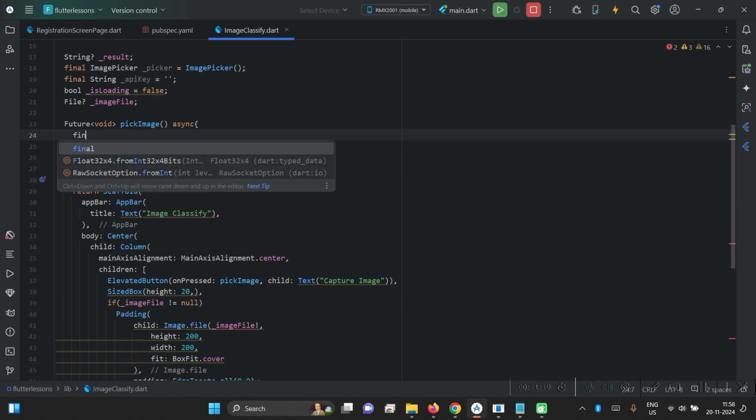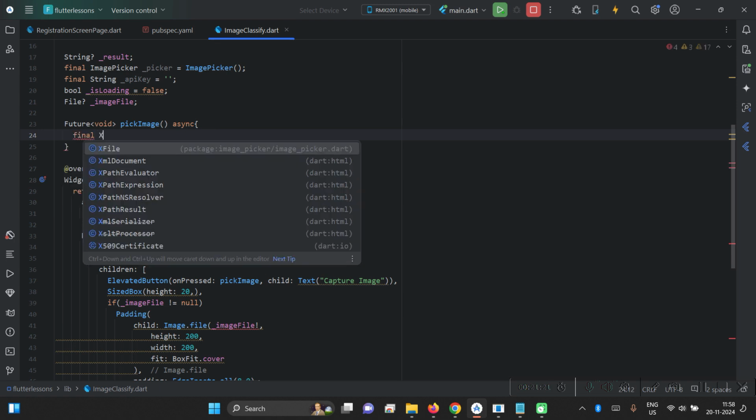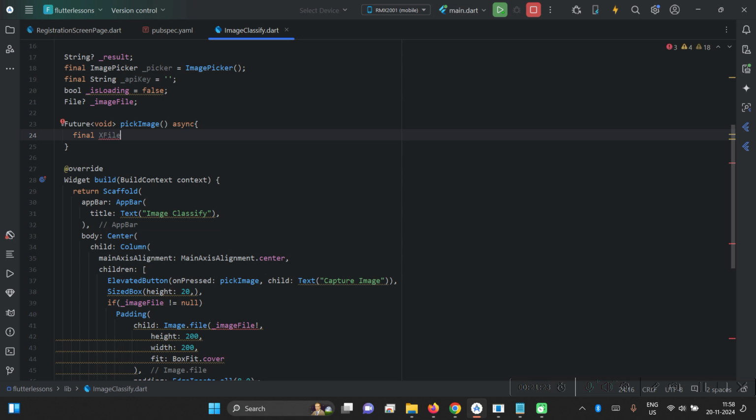So final XFile. Now what exactly is this XFile? Actually this XFile helps you in Dart to fetch a particular file from the local storage of your phone. Whenever you capture an image, the image is saved at some place locally in your phone. In that case you need to fetch it from there. XFile image